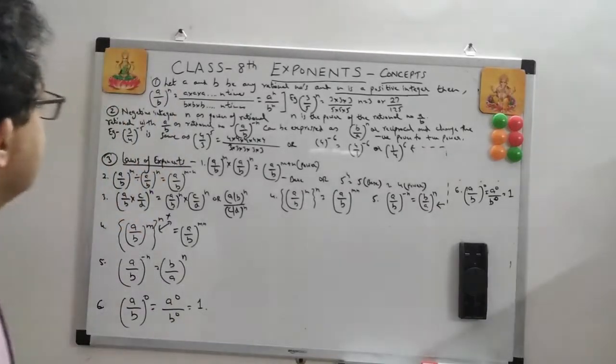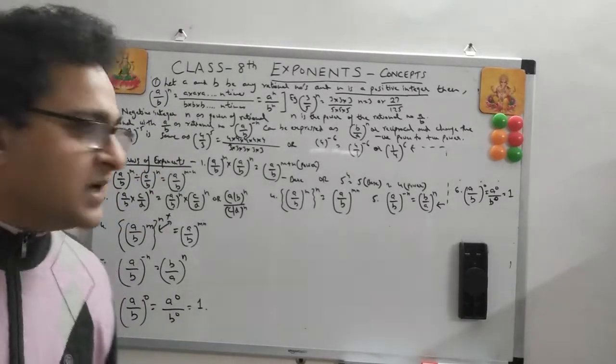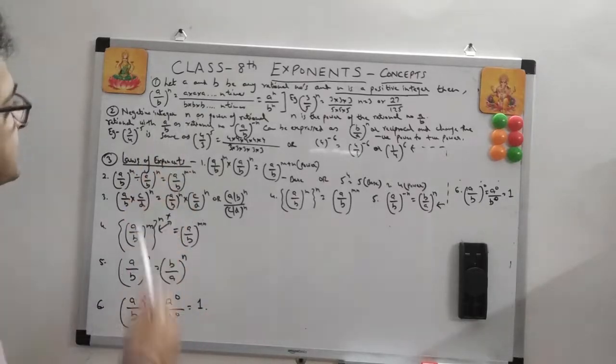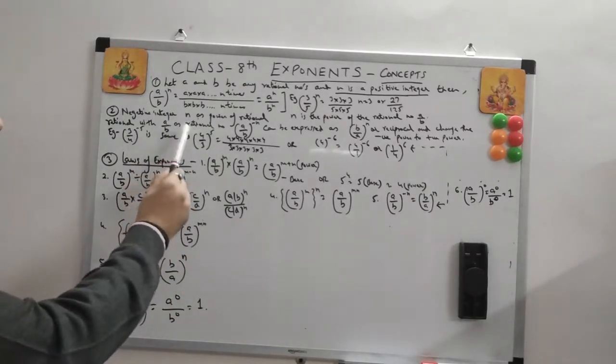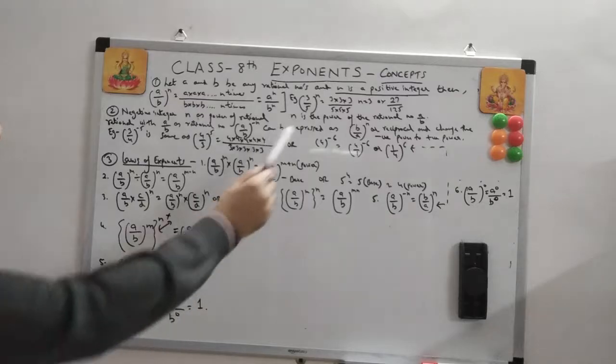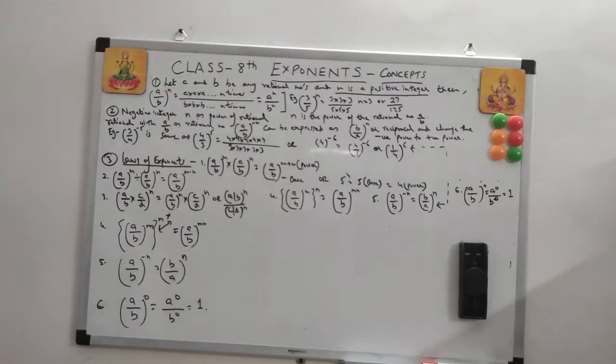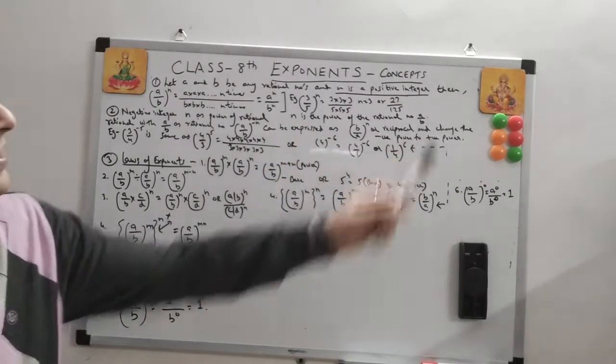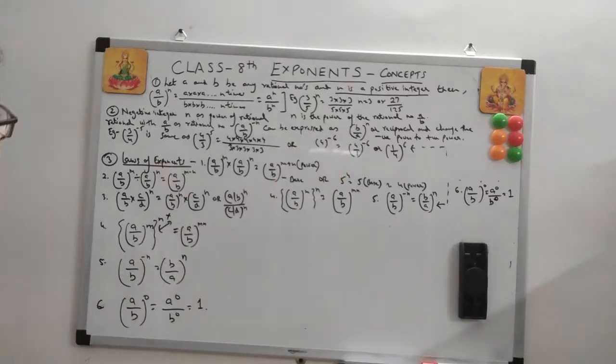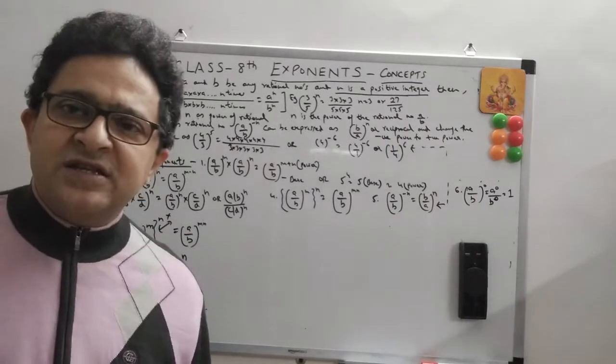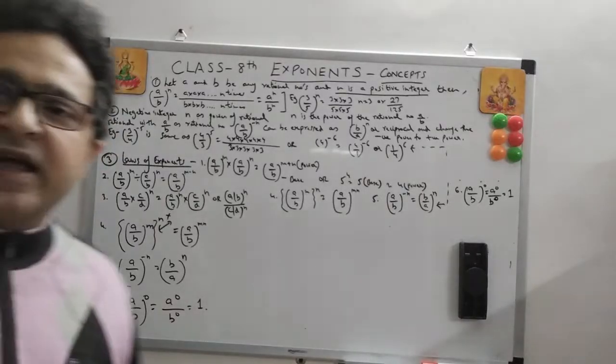Okay. So let's take another example. Now a negative integer n as a power of a rational number. N is the power of the rational number. I have already explained that a rational number is a/b, and n is the power, right? So it can be a negative integer as well. It can be minus a/b, and it can also be a negative power. Let's see a negative power. How do we deal with a negative power?